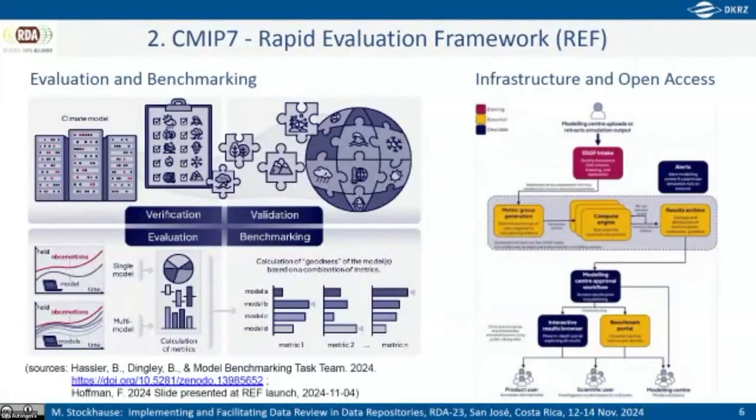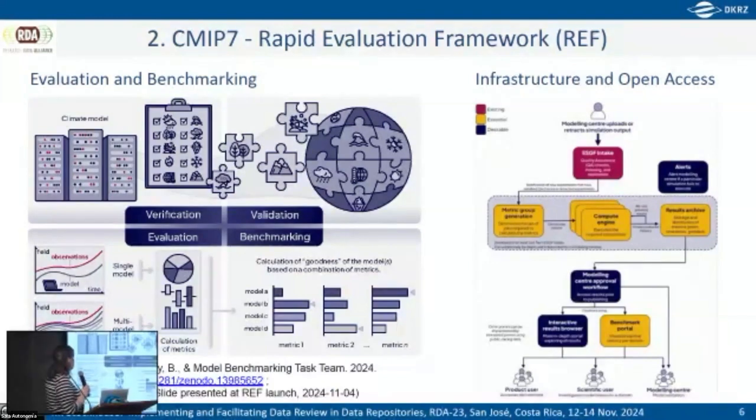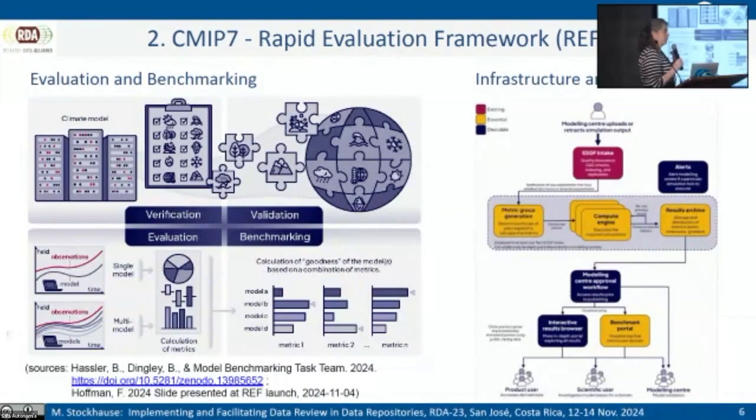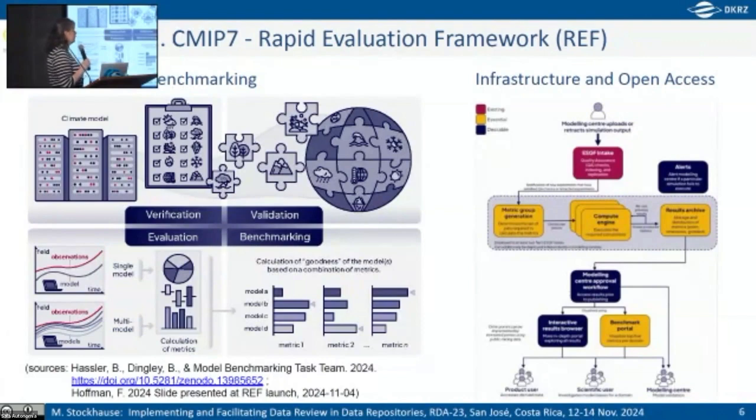So, as said, I wanted to introduce the rapid evaluation framework, and the left-hand side shows where and what is done as quality checks. I would say the upper side is mainly done by the modeling centers themselves before any data is published. So they verify their results, they validate it against observations which they have. And with this rapid evaluation framework, we have a formal and consistent process of checking the results. So an evaluation framework,